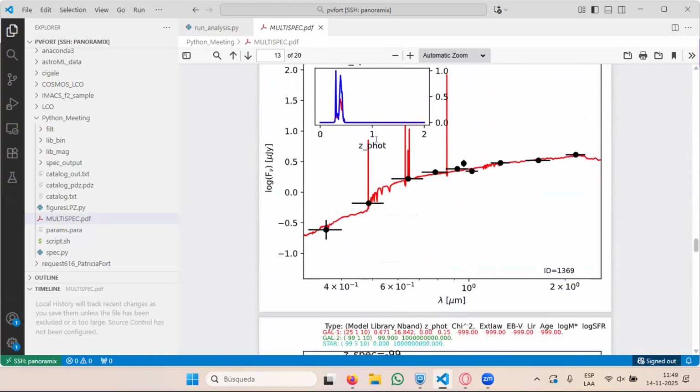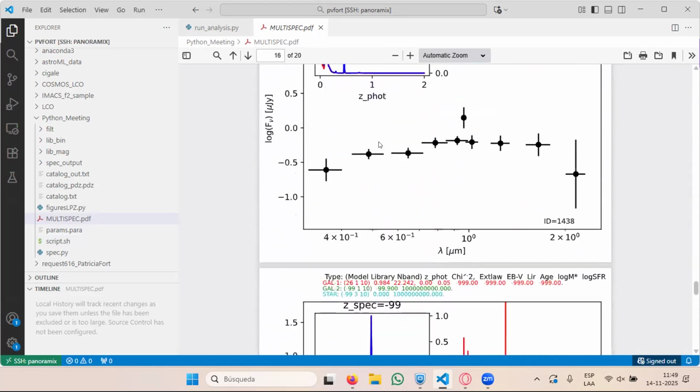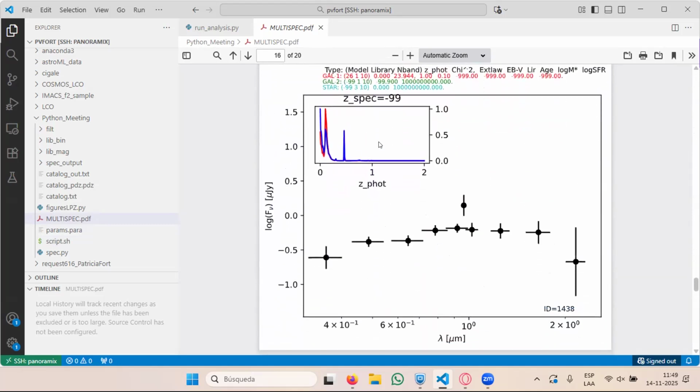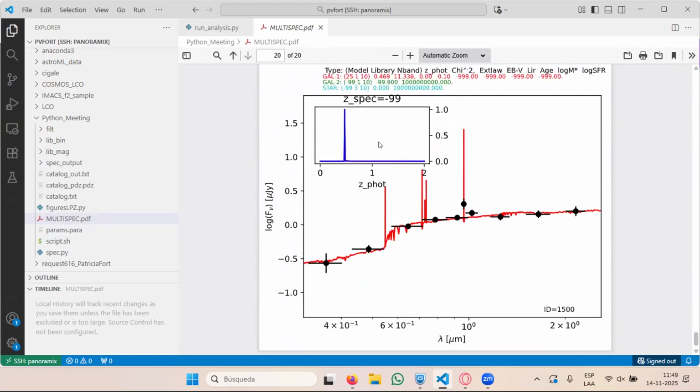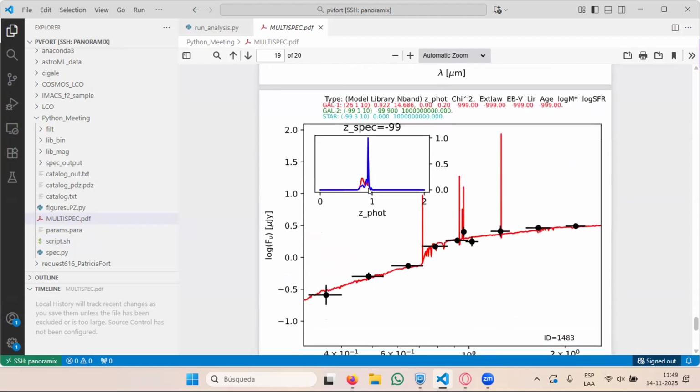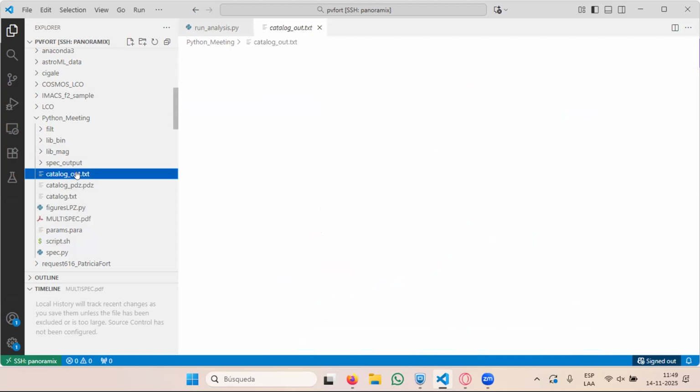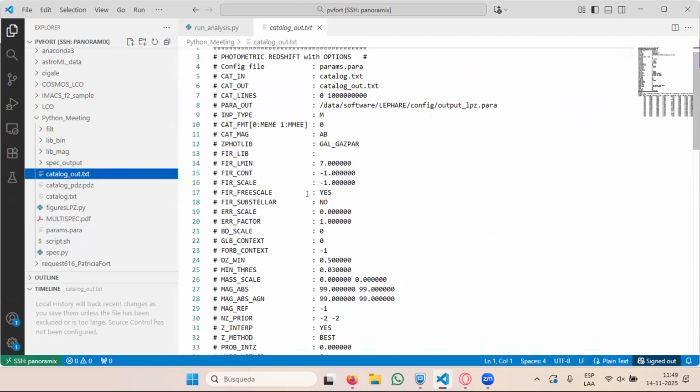Okay, so that's another parameter that you have in. Oh, it didn't find anything for this one. But sometimes there's another SED. Okay, in this case it didn't do the second. But if there are two templates that fit the data, it's going to give you a second solution, because as you can see here, I only find one redshift that is going to fit. Or in this case, this probably has a second distribution that you will find in the catalog, this one, the catalog out. And if you go and check it, you can see that it's a